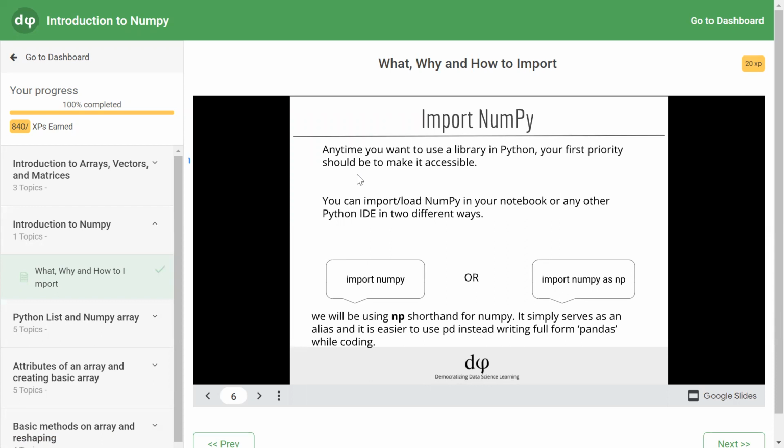Importing NumPy. So what are the various syntaxes using which we can import NumPy? Anytime you want to use a library in Python, your first priority should be to make it accessible. So how do you make it accessible?